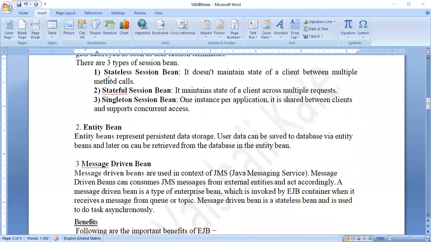So let us see what is meant by stateless. Stateless means it does not maintain the state of a client between multiple method calls. Like in my last session, what I did may not have any information in this session. This is called stateless. Suppose whenever I join this Zoom, I do the setting that other students should be muted and should not unmute themselves to avoid disturbance.